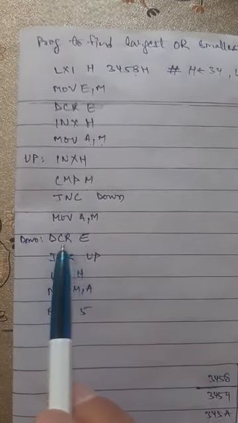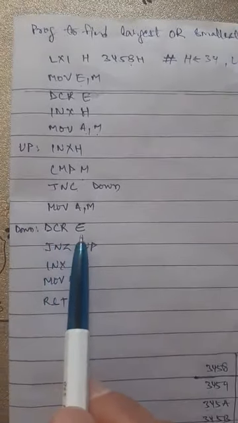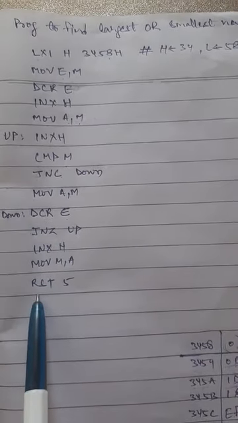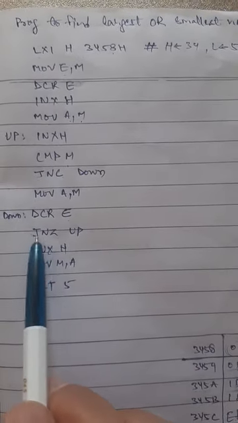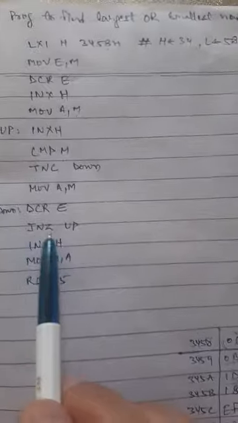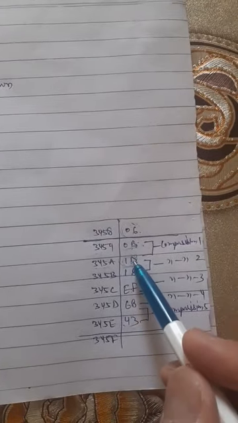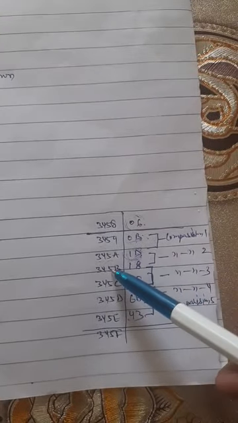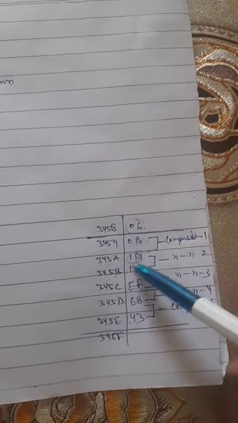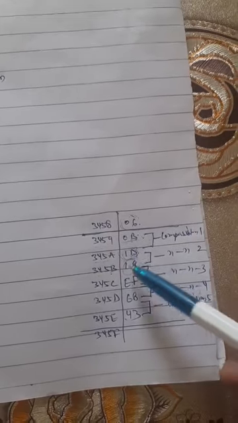Okay, now we will go decrementing the count value, and if the count value is 0, then we will come out of this loop, and if the count value is not 0, we will use JNZ and go to the label up. So this is the up label again. So now this number is in A, okay, and now we will do INX H. I am showing you the second iteration. INX H does increment in the HL register pair. So now this is M, this is A and this is M.